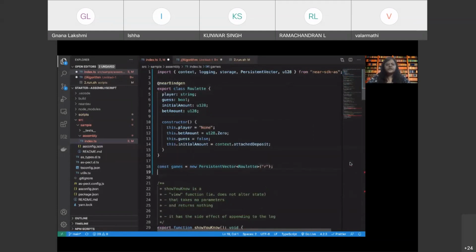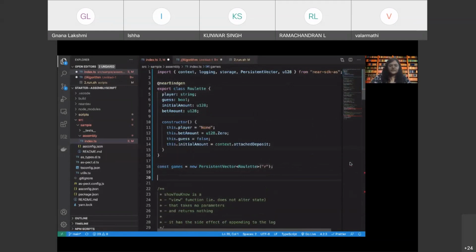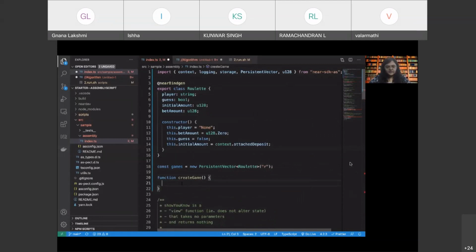Okay. So now we are going to define a function called create game, which will be created by us, right? And we are going to send in, let's say, what do we need? No, we don't need to send in anything. Let's call the constructor.